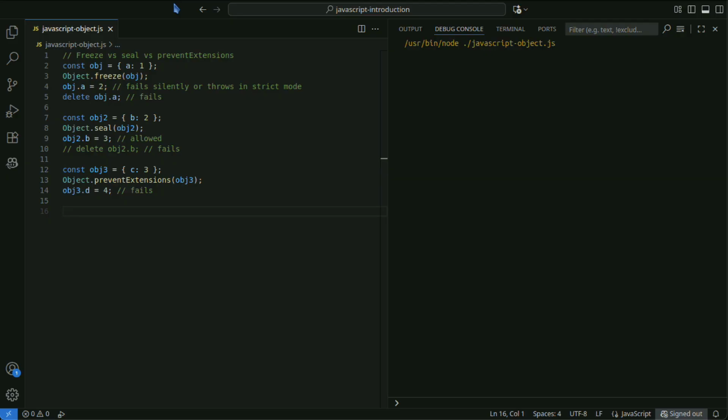It prevents any changes to the object's properties. Seal prevents adding or deleting properties, but allows changing the values of existing properties. PreventExtensions only prevents the addition of new properties. Existing properties can still be changed or deleted.